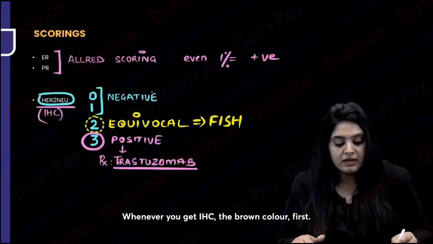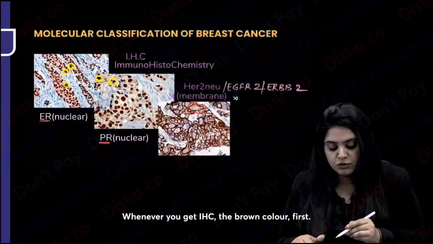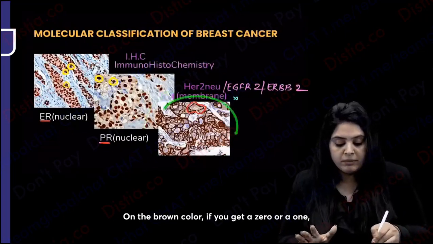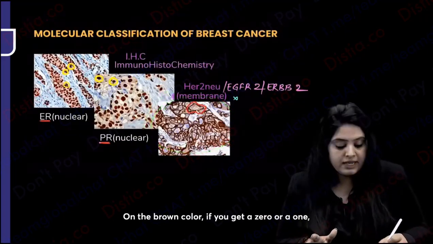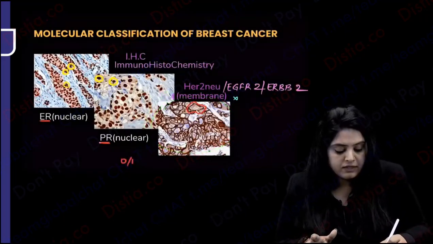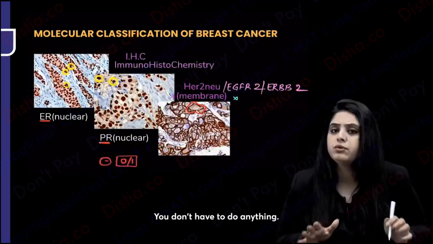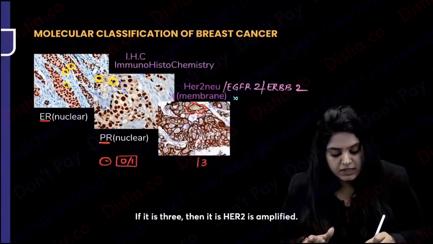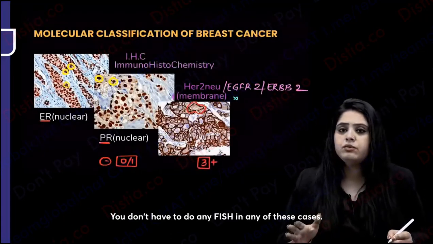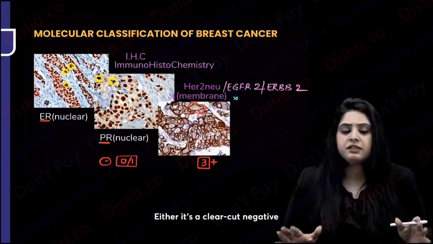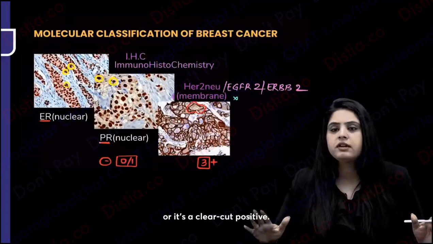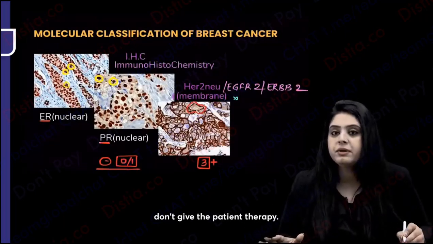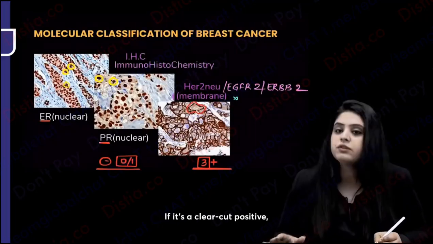Whenever you get IHC, the brown color, first you will always do the brown color because it's cheaper and easier to do. On the brown color, if you get a 0 or a 1, this means HER2 is not amplified. You don't have to do anything. You don't have to give the treatment to the patient. If it is 3, then HER2 is amplified. You don't have to do any FISH in any of these cases. Either it's a clear-cut negative or it's a clear-cut positive. I don't have to do FISH then. If it's a clear-cut negative, don't give the patient therapy. If it's a clear-cut positive, give the patient